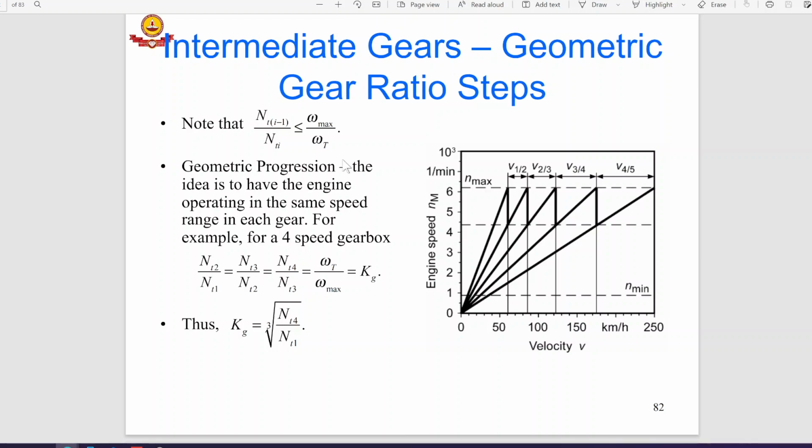And then we are saying that the intermediate gear ratios should follow a geometric progression. So the idea is that we want to have the engine operate in the same range of speed for each gear. If we were to consider,